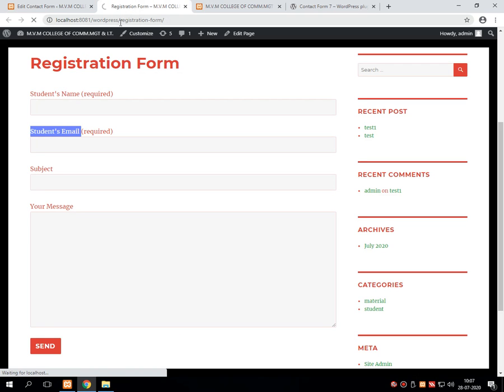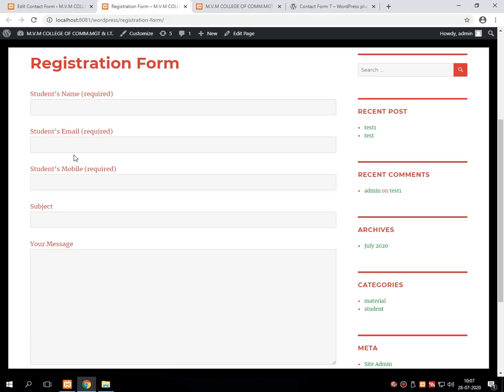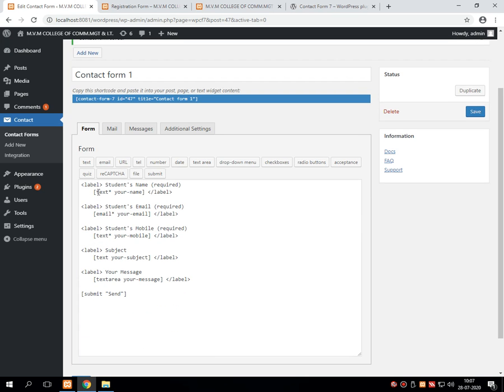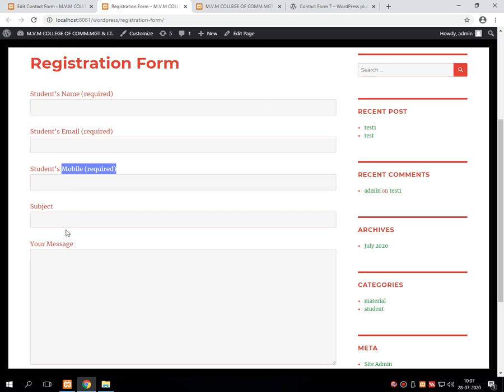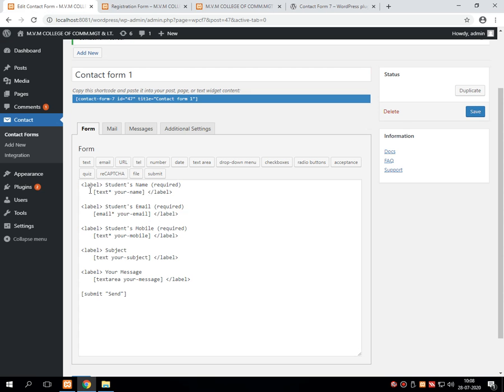And suppose I am refreshing the page. With the name and email, it also accepts the number. That is a mobile number. It's a compulsory field. So this is the way for creating and expanding the registration form that we wish to create. Up to this, I am just taking 4 text boxes: one for name, another for email ID, another for mobile number, one for subject, and the last one is a text area, that is for accepting a message. Up to this it's okay.